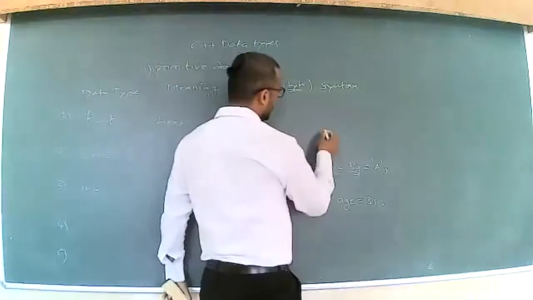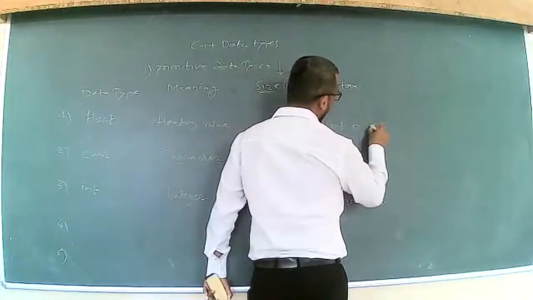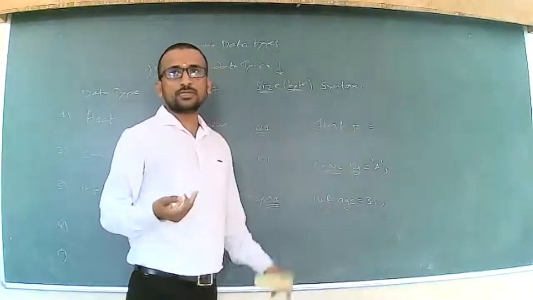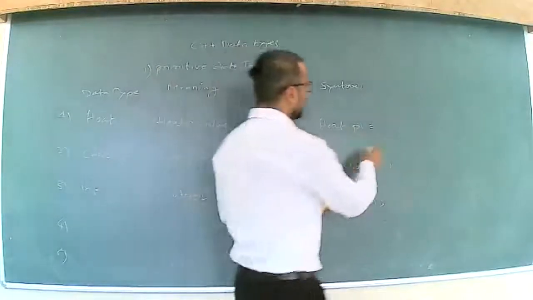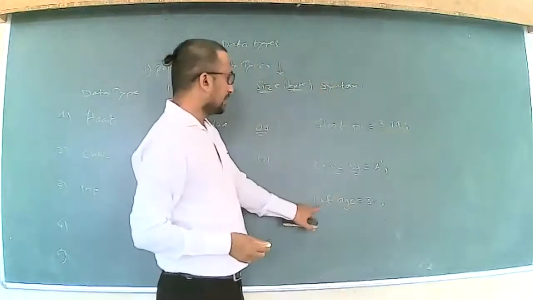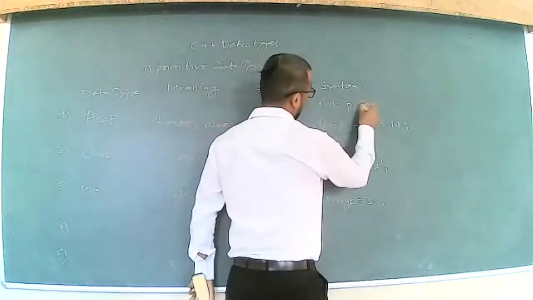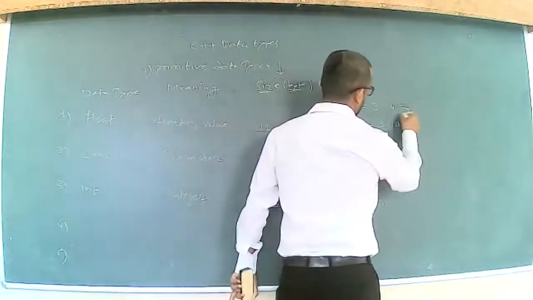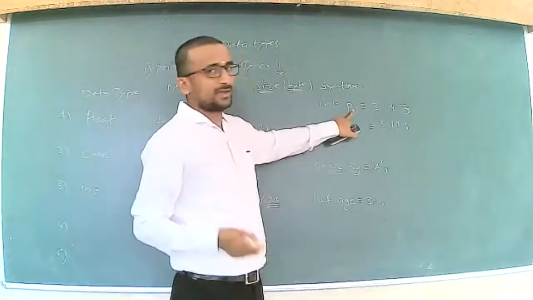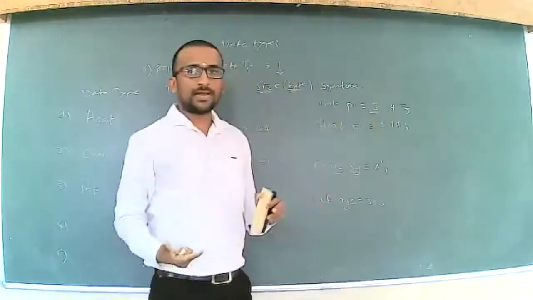Now see, if you observe the syntax, float pi is equal to, we all know the value of pi, that is the number 3.14. Whenever I declare the pi variable as an int, and I print or use pi in our program, at that time it will take only 3 as the value of pi.